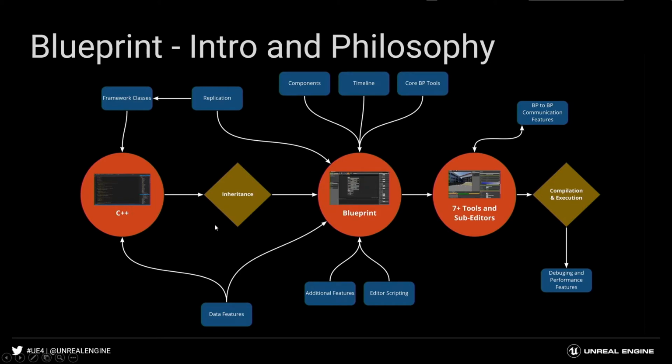There is inheritance. We're inheritance-based, so classes inherit from other classes. A Blueprint would therefore inherit from C++ and inherit functionality that was done in code. So it's really a seamless mix between the two. There are data features to store data and have C++ or Blueprint read data from certain assets. And then there is Blueprint in itself, which has components in it. It's got a timeline. It's got other core Blueprint tools. It's a lot of different things, but just to put it in 3 categories and keep it simple. There are additional features too, because again, there are a lot of different things there.